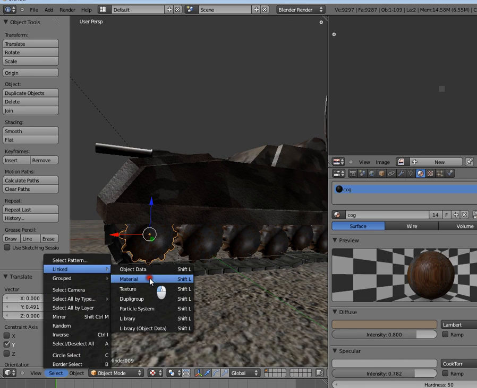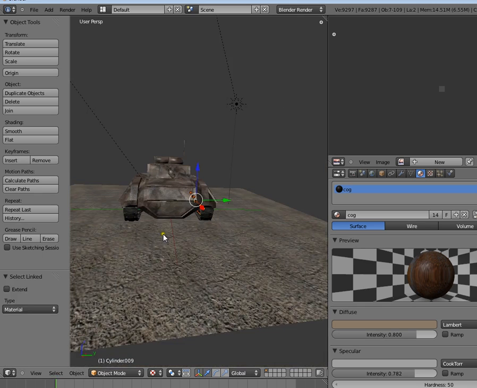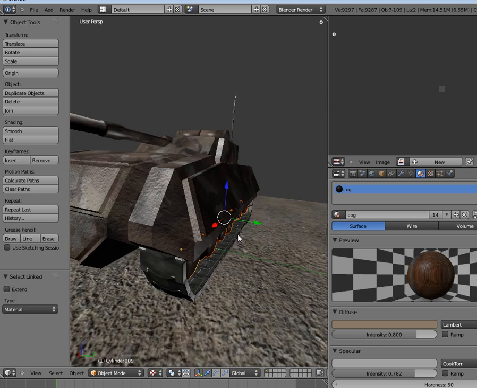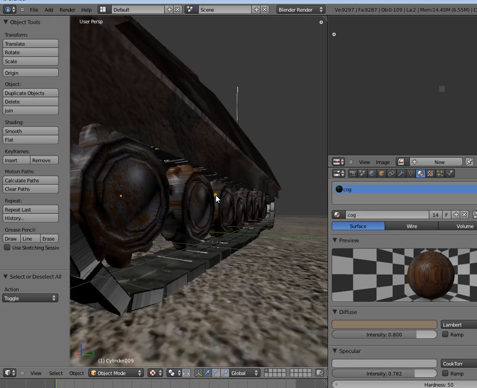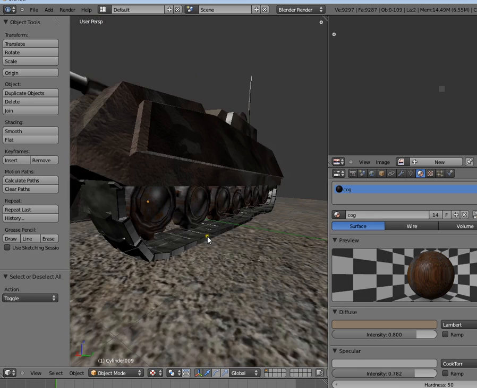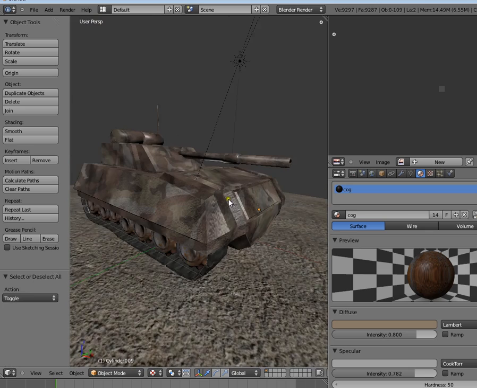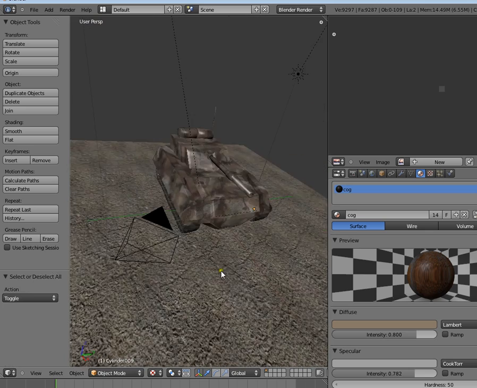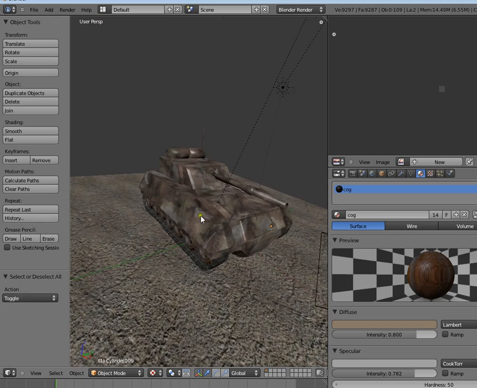Can select the similar materials, deselect the ones on the side that are facing the correct way, and flip them around by scaling them exactly negative 1 in the y direction, and we're starting to get a tank coming together. I think as it is, that's quite acceptable,